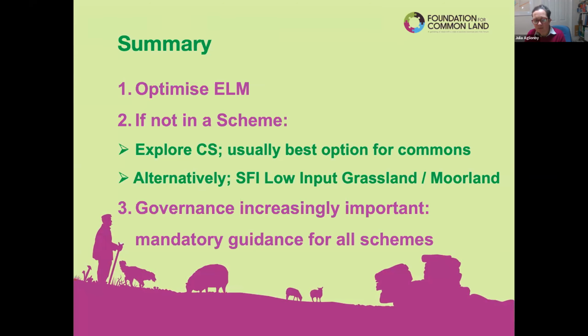Now, the theme for this evening is really about governance. This is becoming increasingly important, and we've got a lot of money that is going to be targeted towards commons, but towards commons associations. With basic payment going, each commoner received their basic payment scheme directly to their own bank account. But now any money that's available will be going to the association, or whichever single entity is holding the agreement. And so it's absolutely critical that the governance is strong and can deal with breaches. Everyone's clear about what their obligations are and what payments they'll receive.